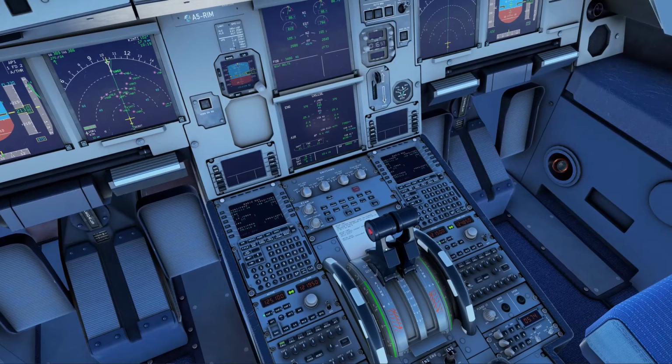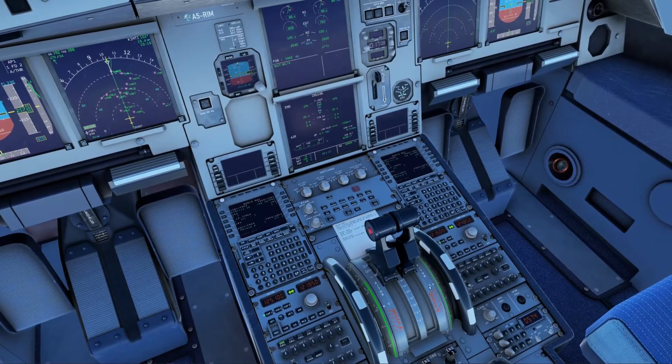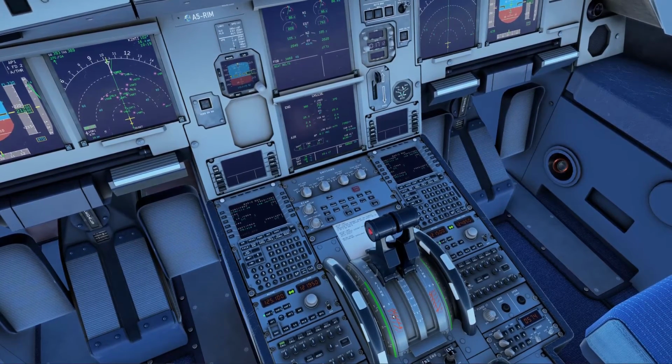So on the throttle, the Hotas throttle, which is what I've got, when you put it all the way back, it used to set the throttles at idle, and to go into the reverse mode, you would have to pull the throttles up and then pull it back.